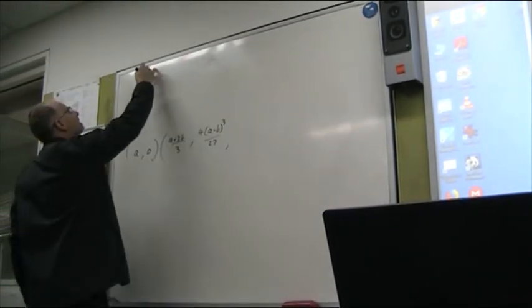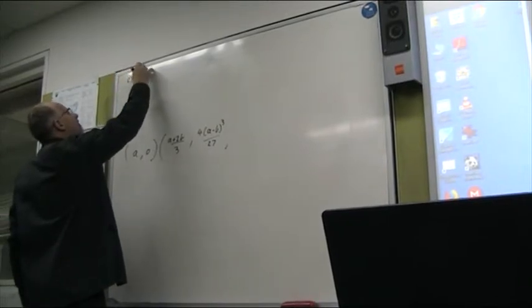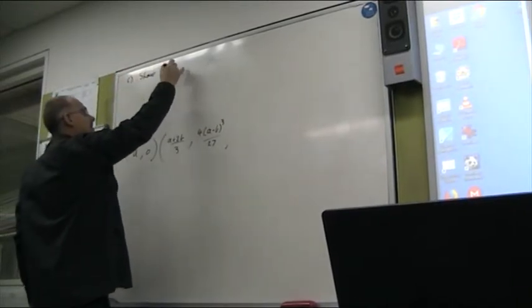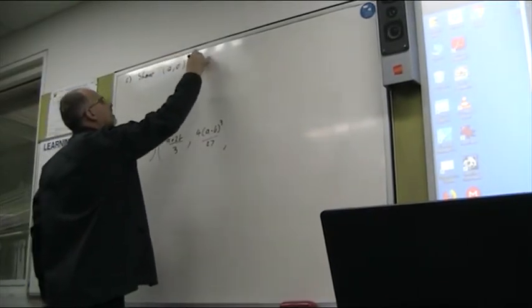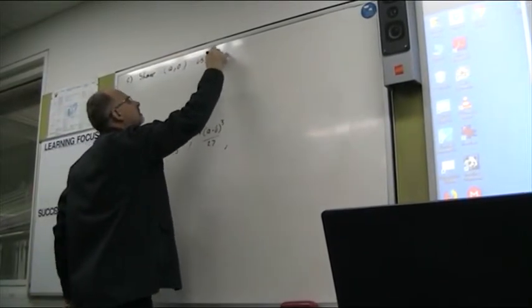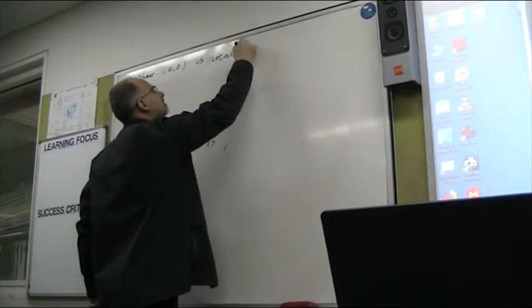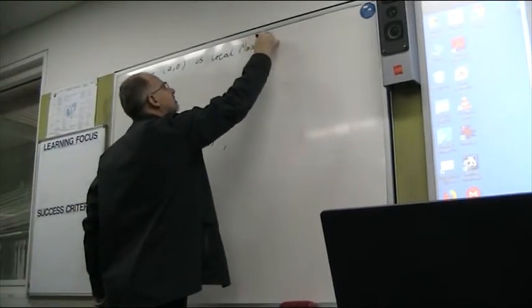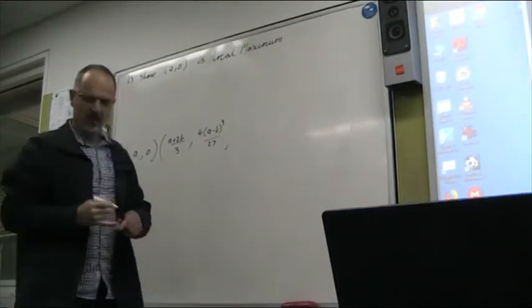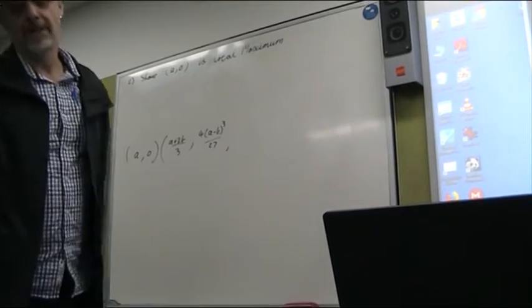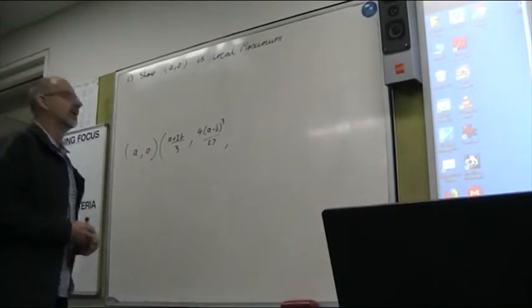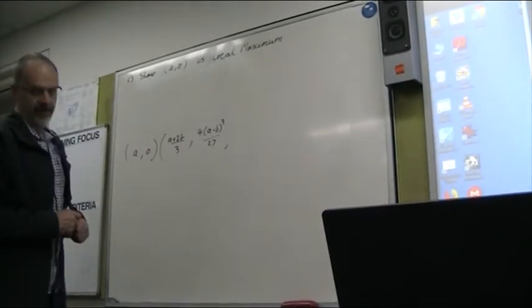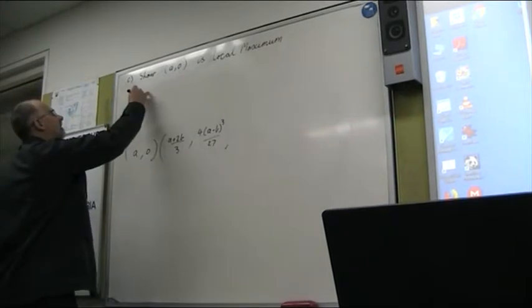Alright, so part C says show that A0 is a local maximum. Alright. So in the start, our function